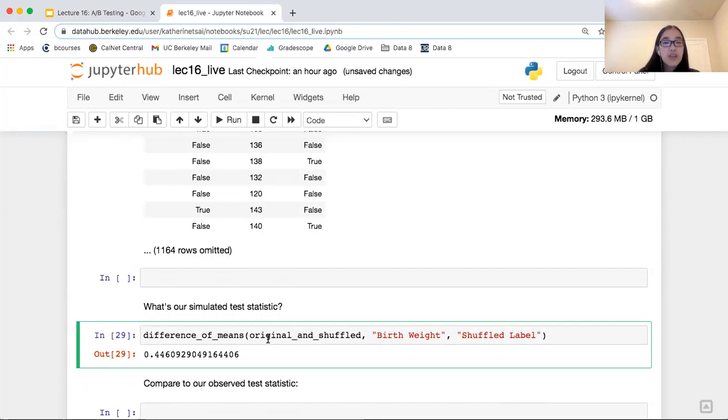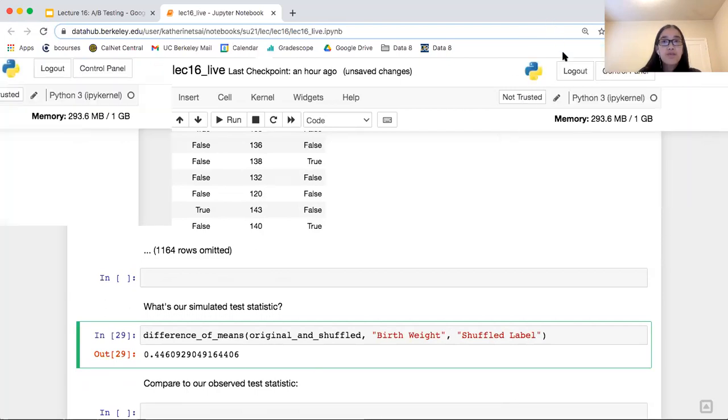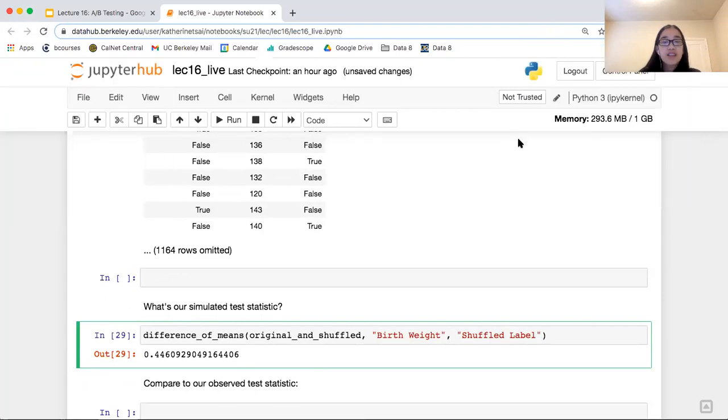Now, does this value make sense? Does a difference of averages of 0.44 make sense under the null hypothesis? Yeah, it does make sense. Because under the null, we're saying that all of the birth weights are drawn from the same underlying distribution and we're shuffling the birth weights.